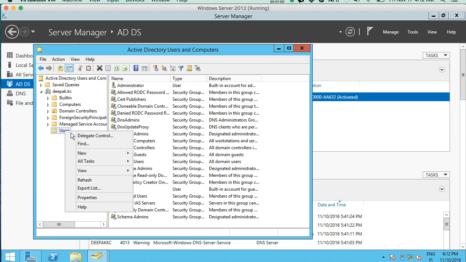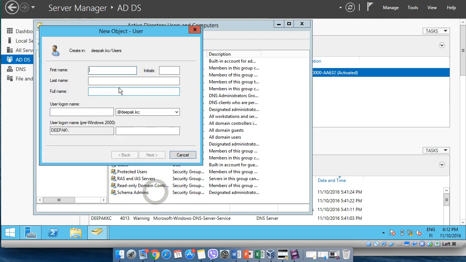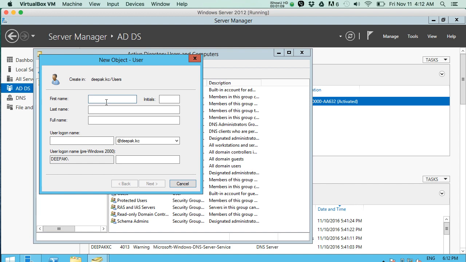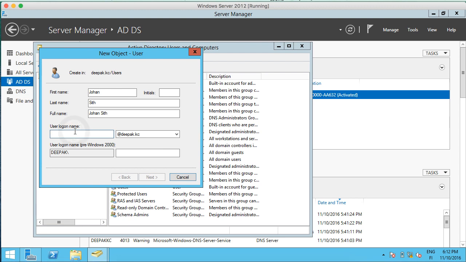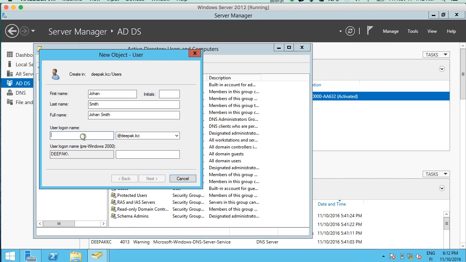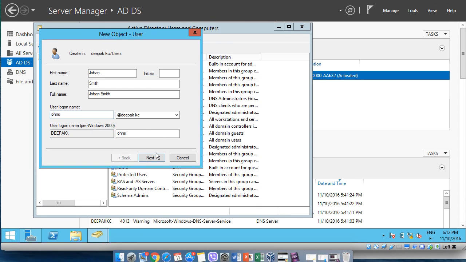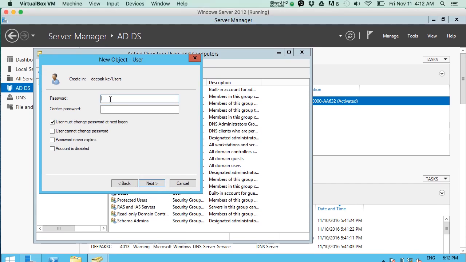You can right click here and then click new, and here there's this user. So you can fill in the information first, for example Sean, and last name Smith. User login name, so for example, okay, there's some typos here, say Sean S, for example, just so S. User login name next. Okay, password, let's type in, so these are the initial passwords,